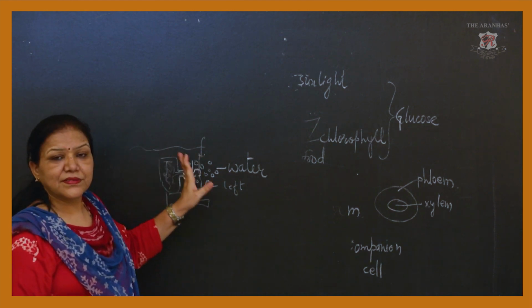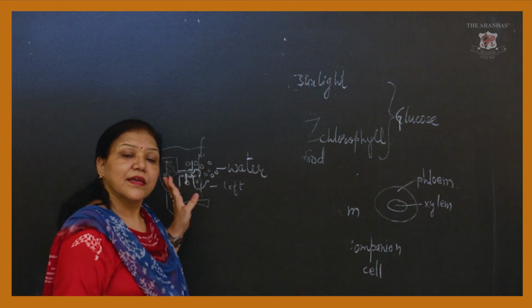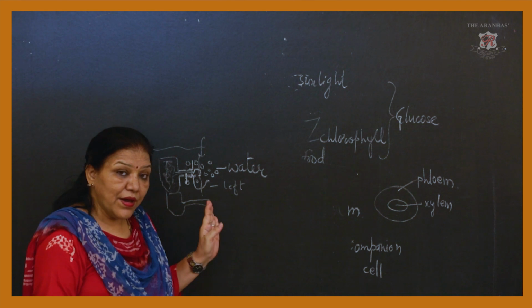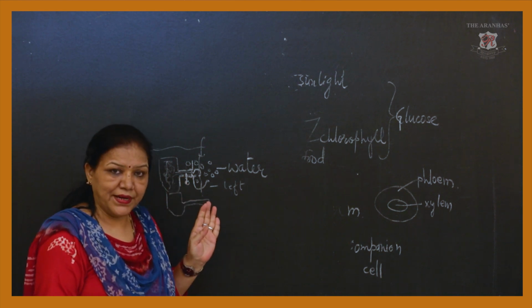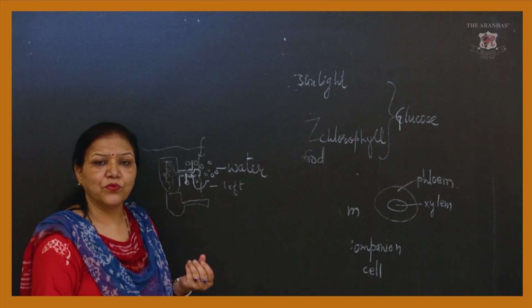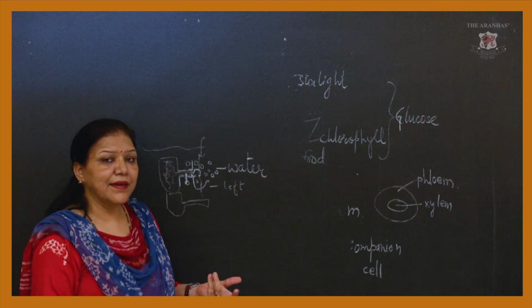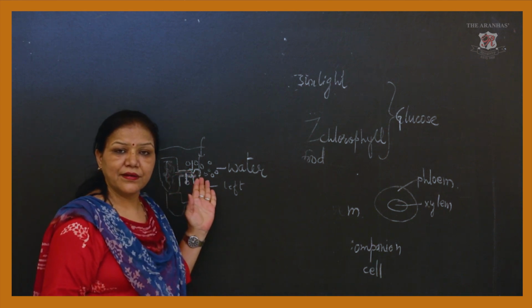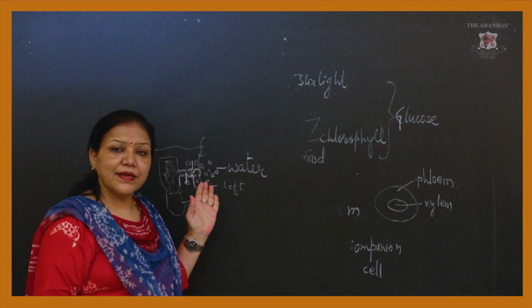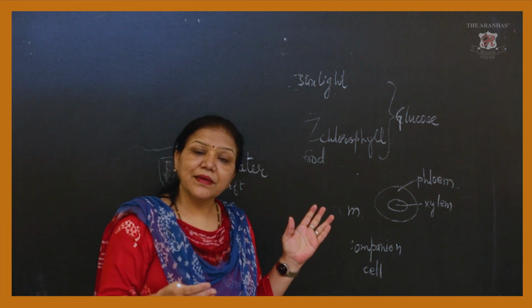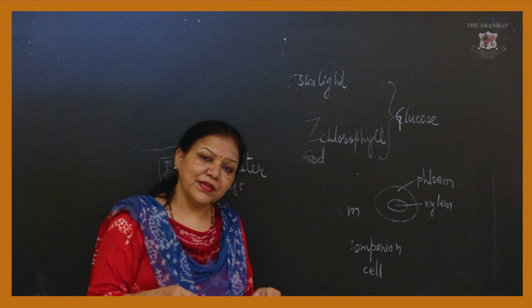This whole process is called osmosis. It means when you have a doubt in your mind about how water is absorbed by the root. It is not exactly absorbed by the root, but by the root hair. That root hair is covered by the epidermis, which is the outer covering.